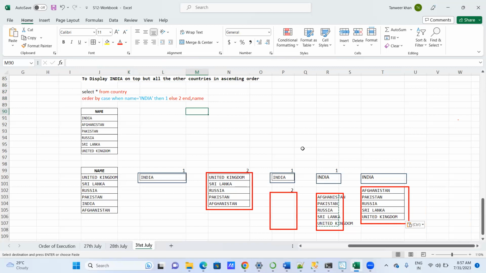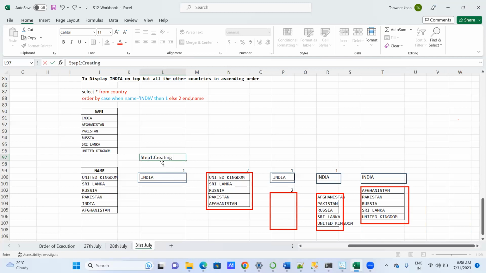Okay. So in step 1, what we are doing, we are creating buckets. India in bucket 1, all other countries in bucket 2. Is this clear? Creating buckets and segregating data. Okay. Then in step 2, what we have done here,